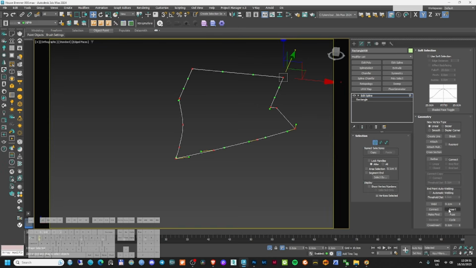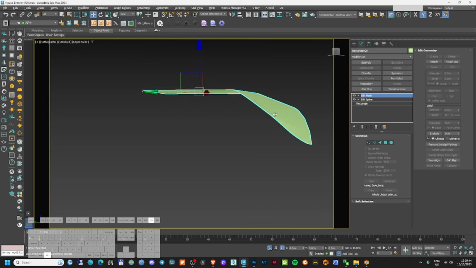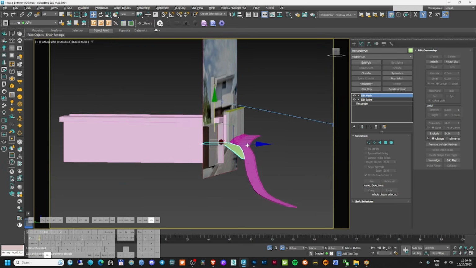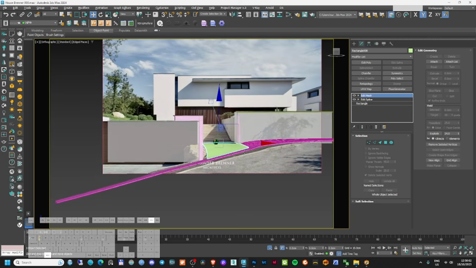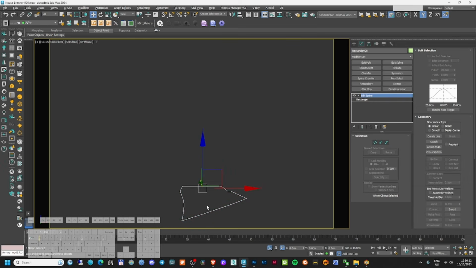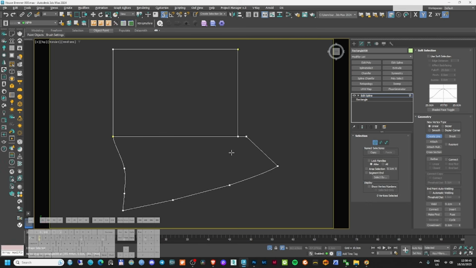Okay, Ctrl A, weld, and then poly with an editable mesh. It's actually working, but yeah, it's not. I mean, in the front view it looks okay, but in reality this is very deep. The tip maybe it's just okay actually. Okay, let's create some lines in here. Let's go with one like this. And here we have 2 points, 2 points. Here we also need to have 2 points to close all of this. So I'm gonna go with